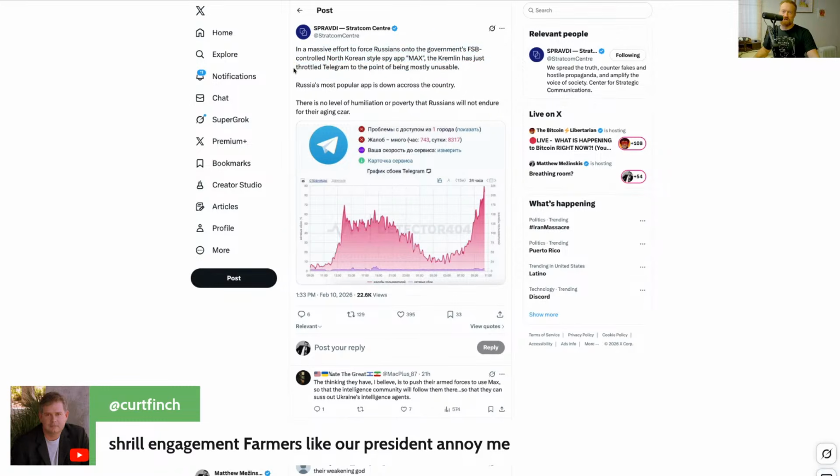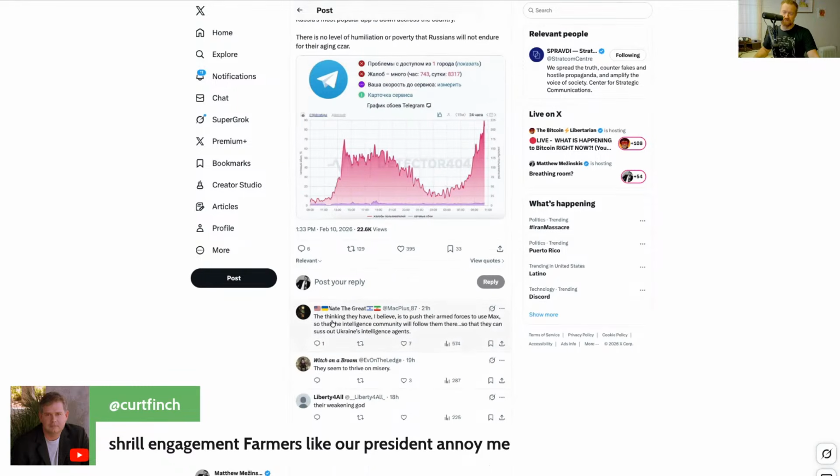And they've now throttled Telegram. All right, Twitter's banned, Instagram's banned, Facebook, YouTube's throttled for Russians. Telegram, which is a Russian-owned app, even though Durov, the owner, says the servers are outside of Russia. Who knows? Even Telegram, they're throttling. So Russians cannot get information about Russian soldiers on the front.